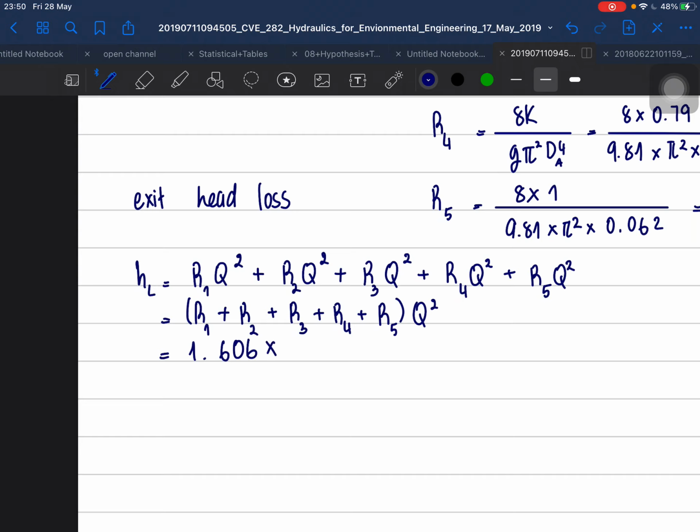1.606 times 10 to the power of 6, whereas in the exercise here they gave us 1.101, so I don't think that's much difference. It's only a 0.5 difference. Well, that's a lot,